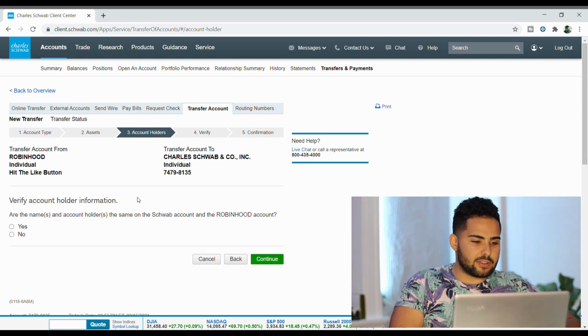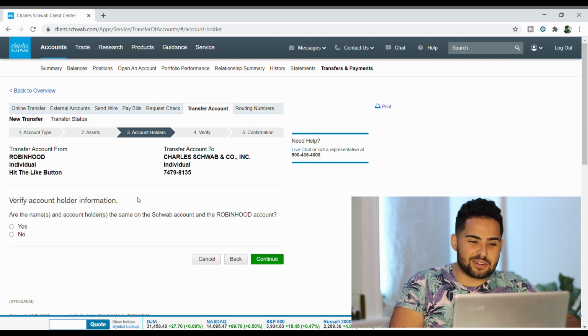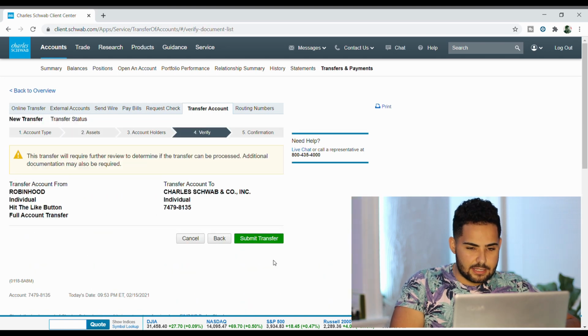Now you just want to make sure that your account information adds up. Make sure the account you're transferring from is a Robinhood individual account. My account number is not shown here, and yours is probably different, right? It's going to be some number. And I'm transferring it to Charles Schwab, this individual account, and this is the account number right here. So once you've verified all the account information, make sure you click yes, hit continue,